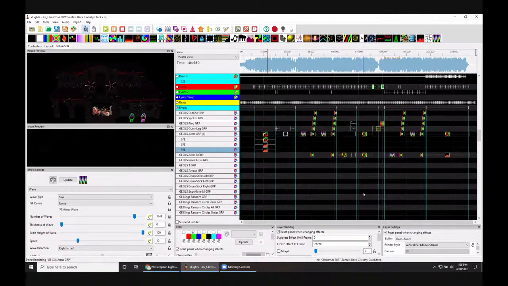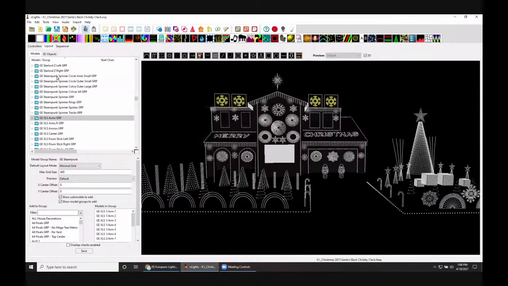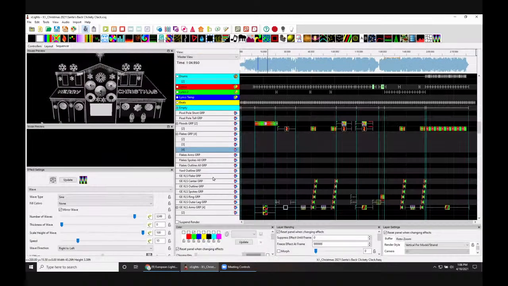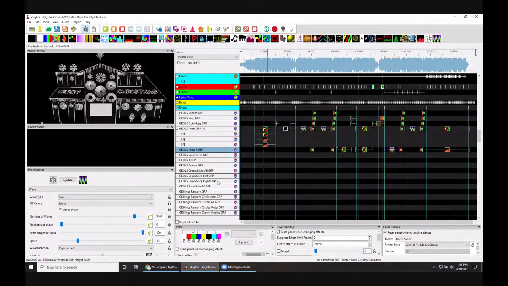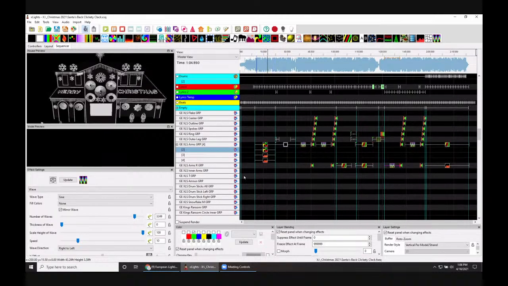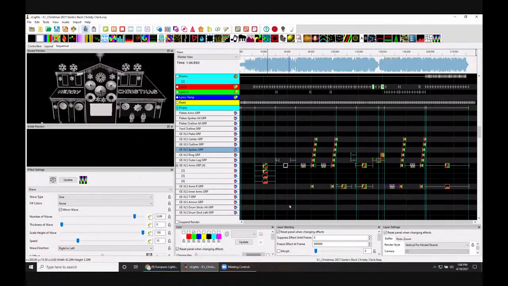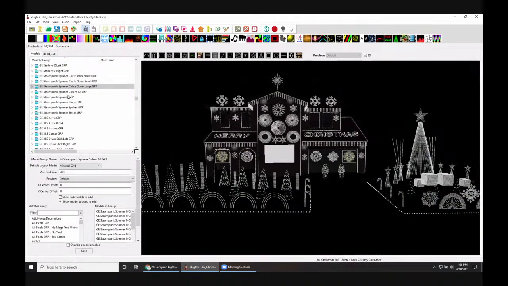So I hope that is helpful. I know when you see this and this and this, and you see all these groups, you don't have to panic. You don't have to populate all of them. It just is you making your sequence unique for your show. And certainly if you're going to buy sequences and map them in, then you want to map like for like. But if you've got props from somebody else and they don't match the groups here, just make sure you have groups. And then when you're importing your sequence, when you go to import it,